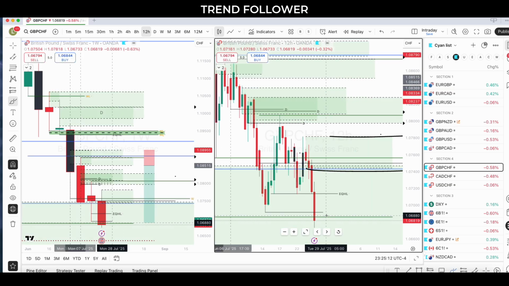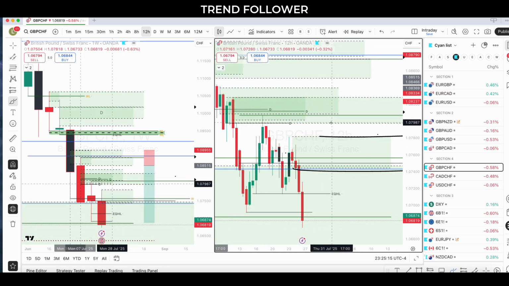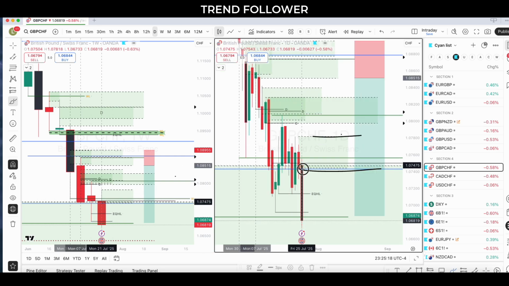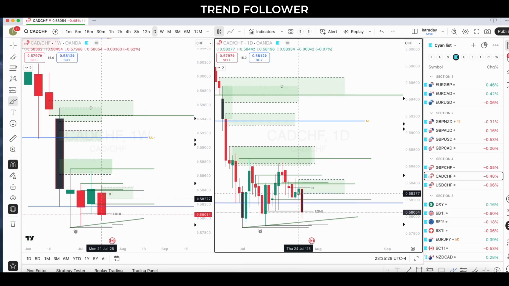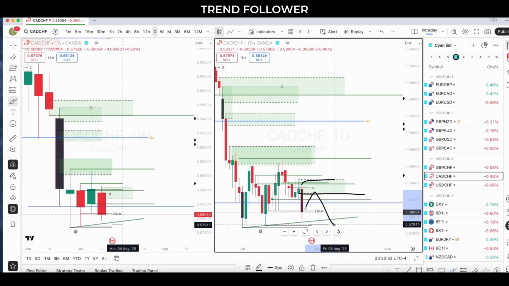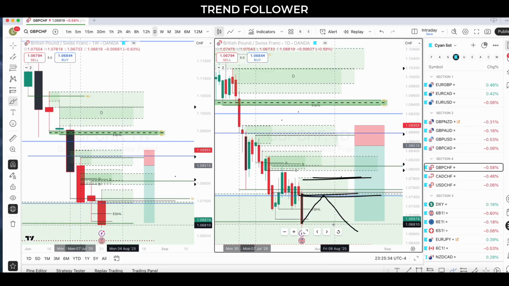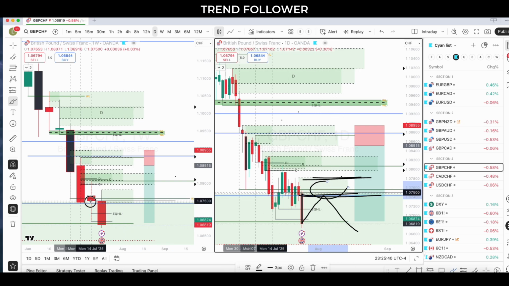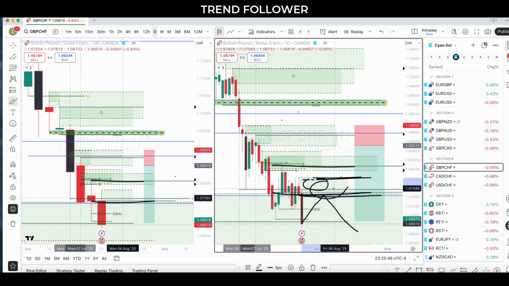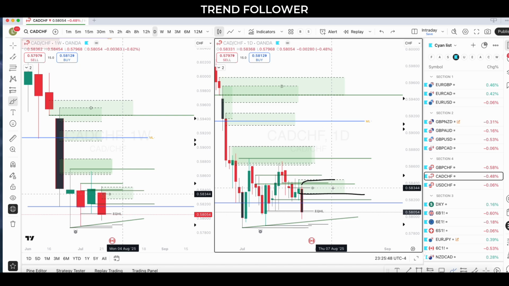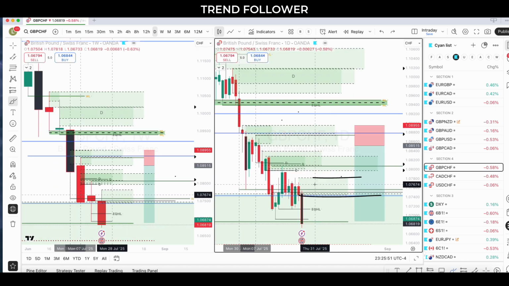Next is GBPCHF. And GBPCHF, you have a very, very beautiful daily supply right here. I think there is a possibility that you see this kind of move, and that's where my focus would be. I would love GBPCHF if it comes in that area with CADCHF, right? So I would love that. Will that happen? I'm not sure, but that's what I would be focusing on. The reason I love this area is because this is mapped with daily, weekly, potential weekly supply. So the probability of this area acting like a beautiful zone is very high. So that's where my focus would be.